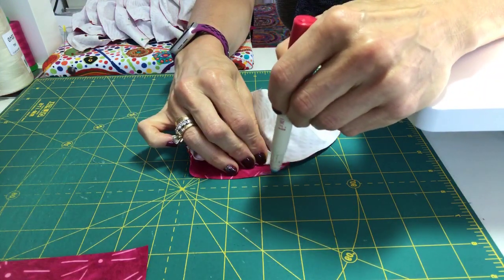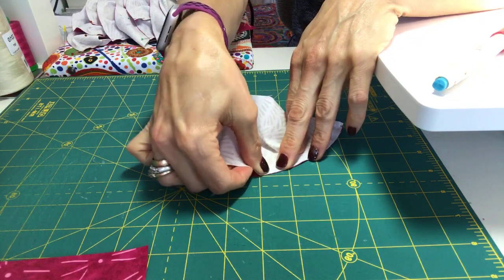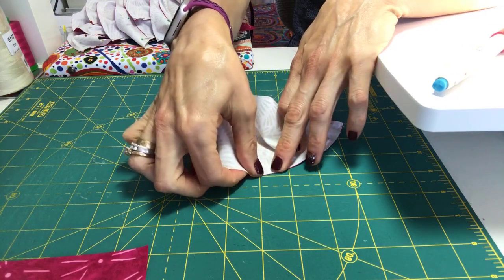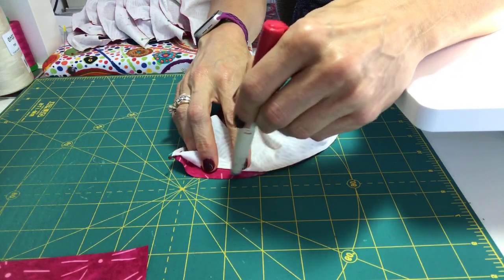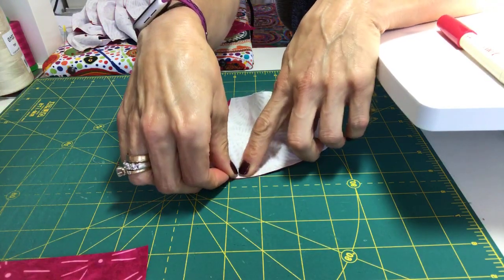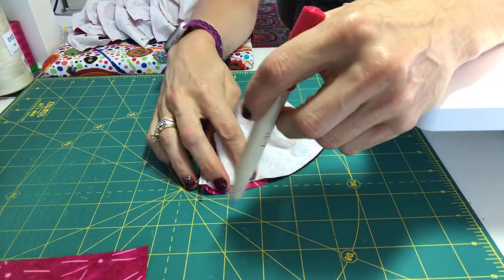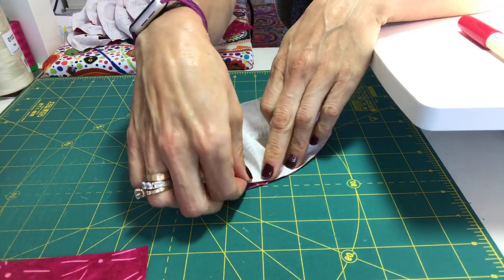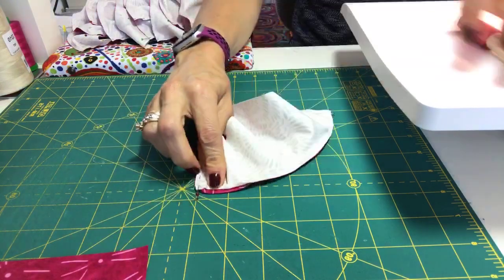And this is so nice because it's a fine tip. It's not wet. If you put it down and think, oh no, I didn't line it up very well, you can just pull it back. Now, if you let them sit for a little while, they will dry, so you can't get it apart so easily. But all you have to do is put a little bit of water on your fingertip to get it wet, and the moisture from the water will release the glue. Again, this is not even getting anywhere near your needle because you're putting it right inside the seam allowance. Now I'm almost to the other side,